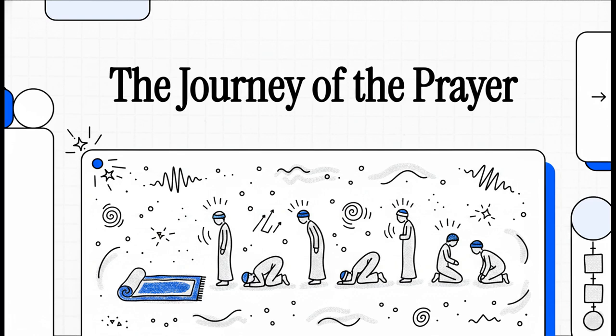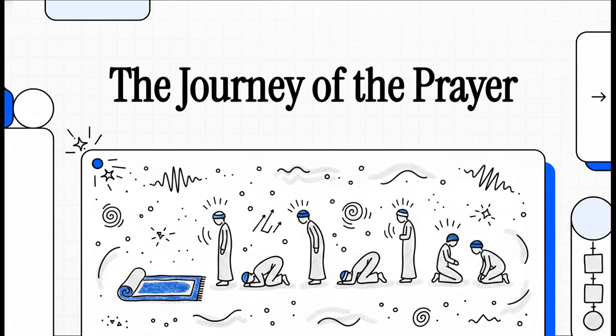Literally, right at this very moment, millions of people all around the world are performing the exact same architectural sequence of devotion in total global synchronicity. The daily Islamic prayer, known as Namaz or Salah, is this continuous, deeply ingrained ritual. But if you look at the raw source material, just the uninterrupted sequence of Arabic recitations, it can kind of look like one massive block of text. Well, today, we're going to change that.